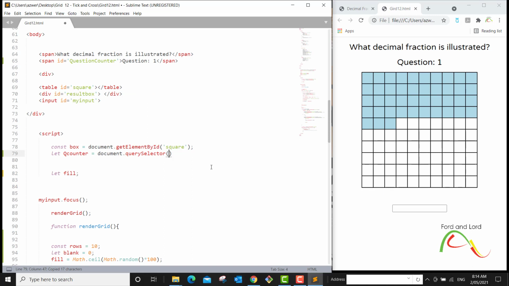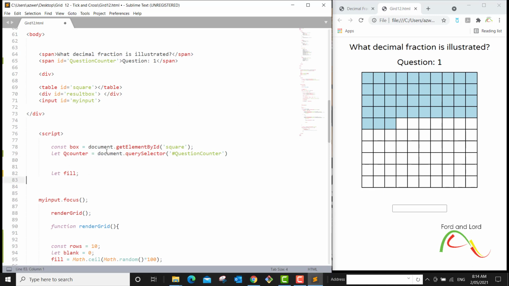So this method on this document object will target an element either with the help of ID, as well as if this was a class, you will simply type a dot before this name and then it will target the class. However, in this case, this span has an ID of question counter, so we're targeting this ID with the help of this method,